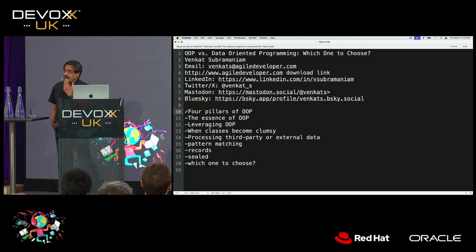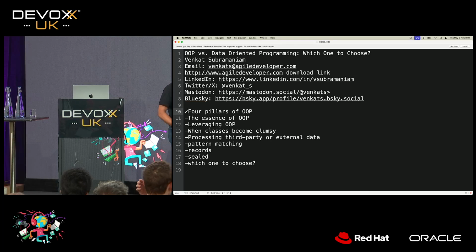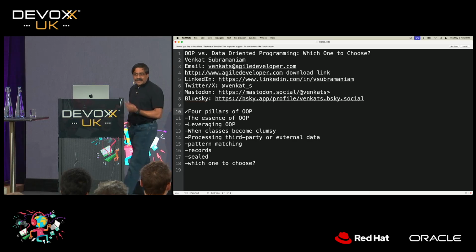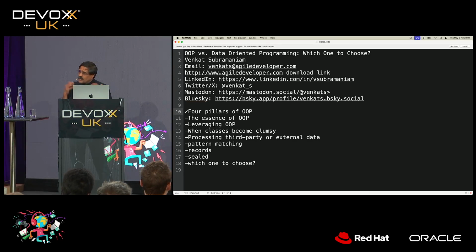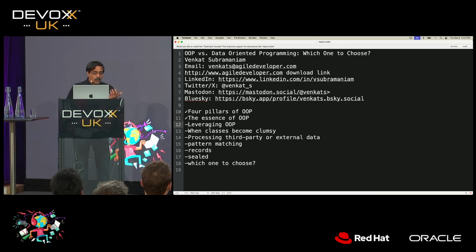But to me, the more essential part in OOP really is polymorphism, because polymorphism says the method you call is based on the runtime type of the reference rather than the compile time, so that gives us extensibility in our code. So most of the time when I'm doing OOP, I'm really focusing on leveraging the polymorphism benefit of OOP, and I think that's really the essence for me in terms of where I would like to leverage object-oriented programming.